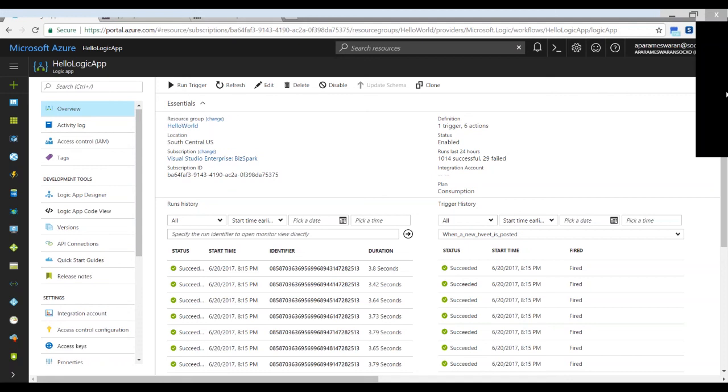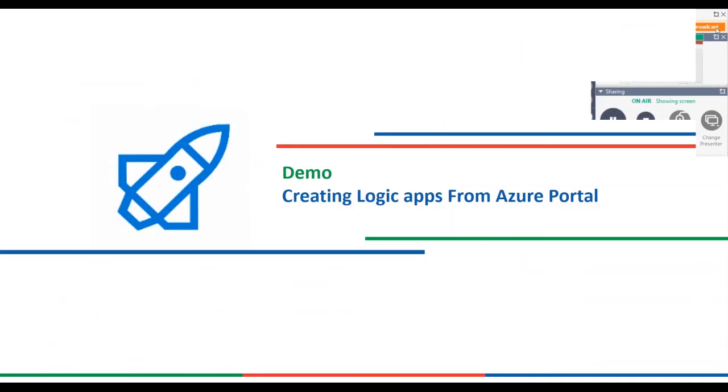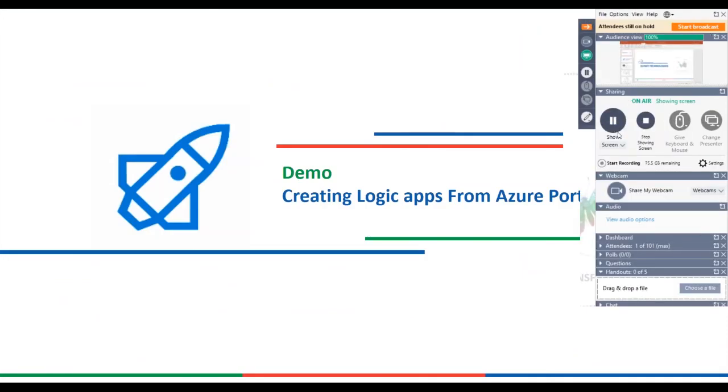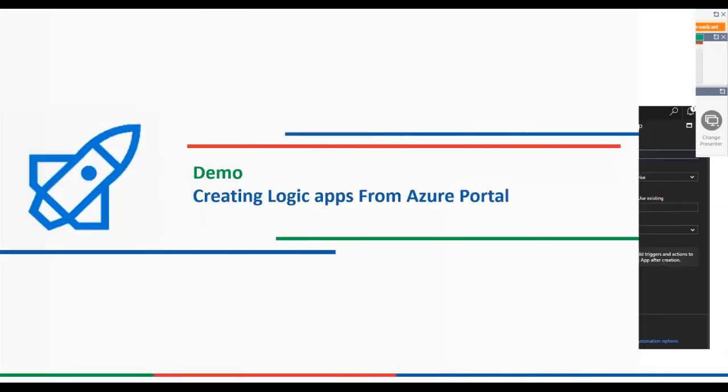Logic App is a PaaS offering. So you don't need to worry about scaling and all those aspects, you don't need to manage. Everything is managed by Azure. So you just